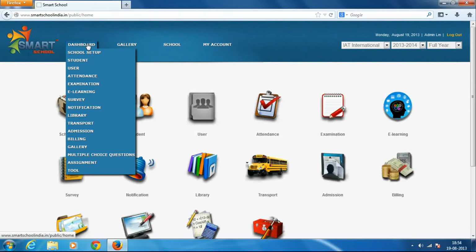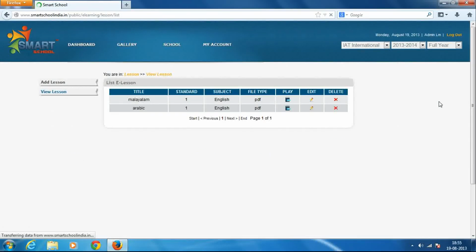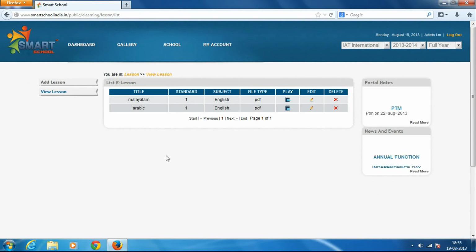Then we have e-learning. In this, schools can upload data or content for students to view at their home. Once the teacher uploads the data, class wise, subject wise, a student can go home and can view the details, log in into his own account.